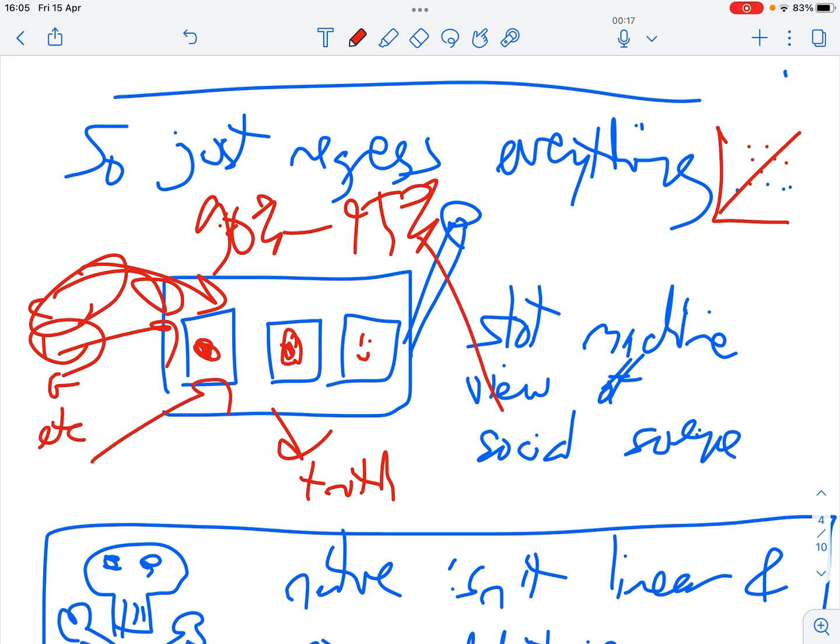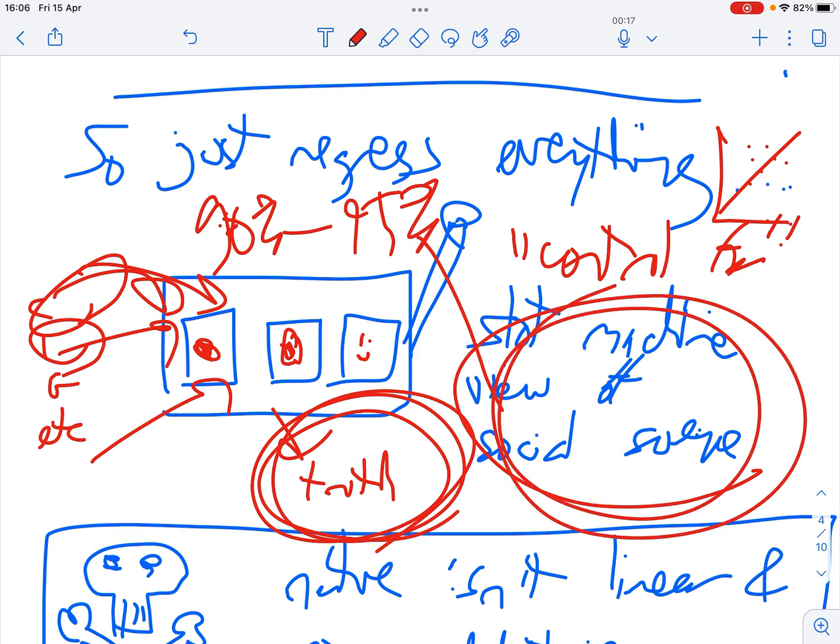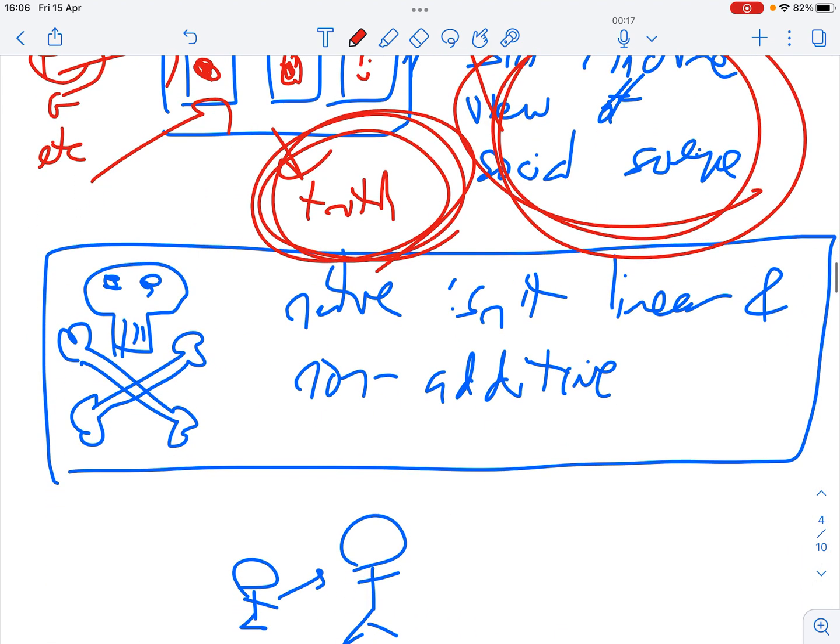You pull the handle, and out comes, ding, the truth. People just throw in these variables, and say there's some kind of relationship we have to control for. That just means we're removing all these ways that variables influence each other, and we get this slot machine view of the social sciences: throw in the variables, get out the truth.